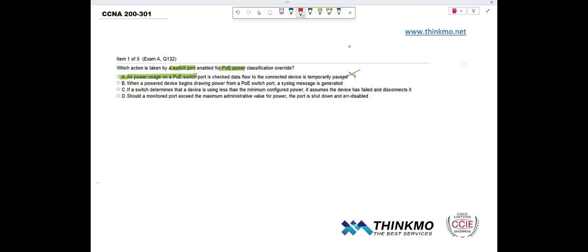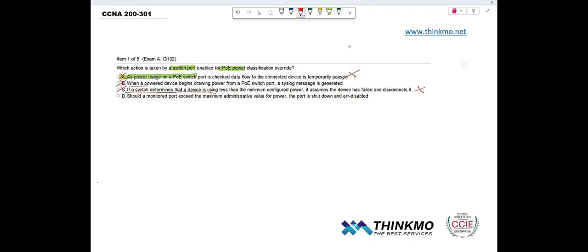Additionally, option C is also not very accurate in its description. What does this mean? It says that if the switch determines that the device is using low power, which is the minimum configuration power, then the device will malfunction and the connection will be disconnected. The descriptions in both option A and option C are not very accurate, and option B is completely wrong. This option states that